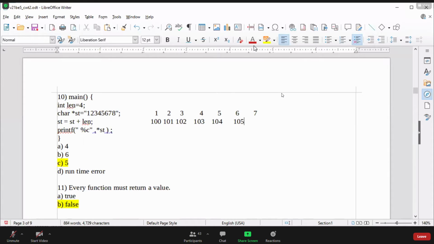I am not taking each and every representation, but I hope you are able to understand the address wise representation I did.